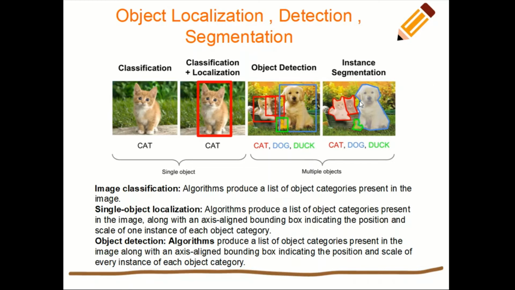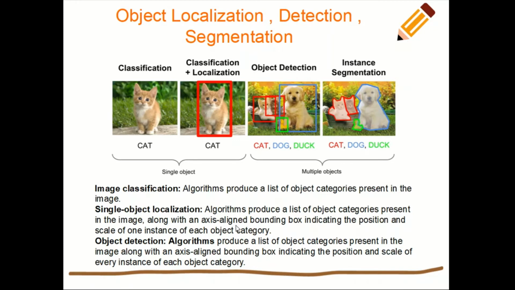Now going further, there's also a concept of segmentation. So what is being done in this particular case is that each individual pixel is associated with a label, right? So for example, this particular pixel over here will be associated with a dog. This particular pixel, all these pixels, they will be associated with the label cat. And not sure, probably this is a duck, so the pixels here will be associated with a duck and stuff like that. Okay, so these are the basic tasks that one can do with the image.